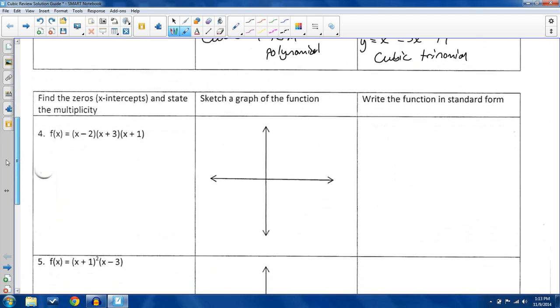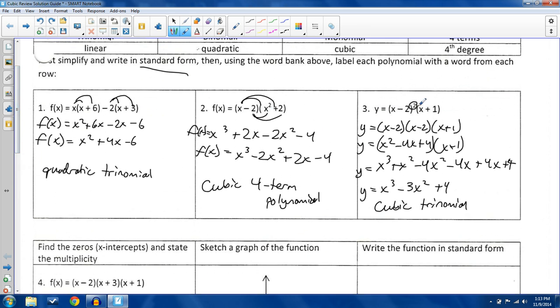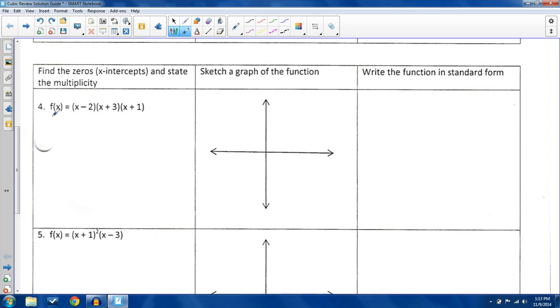Okay, number 4 and 5. Find the multiplicities, find the zeros, the x-intercepts, and state the multiplicity. Multiplicity means how many times a certain value appears. Like, for instance, on number 3, that has a multiplicity of 2 right there, because x minus 2 is being multiplied twice. Here it looks like they're all certainly unique, and to find the zeros, or the x-intercepts, it means